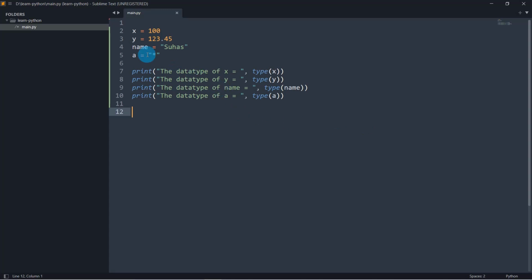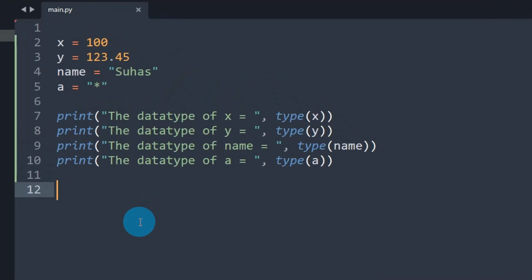Now let's see another data type called array or list. So far what we stored in x, y, name, a is a single piece of data, right? Suppose you want to store multiple data. We need a different data type called list or array. Let's say I want to store a list of scores inside this variable scores. When you declare it like this with square brackets, there is no data in it. It's an empty array or empty list. Now I'm going to fill this empty array with some data. Let's say 1, 2, 3, 4, 5, 6, 7, 8, 9, 1000.